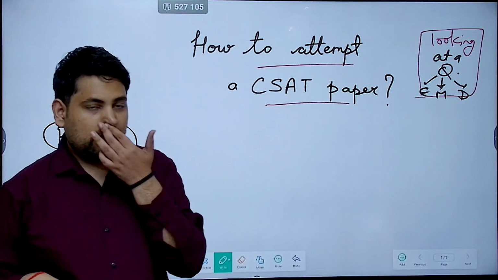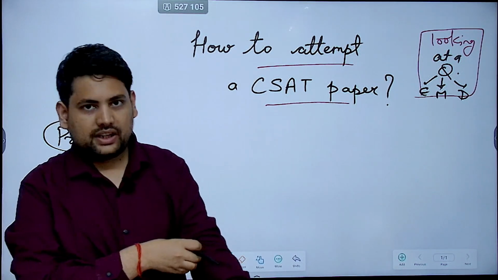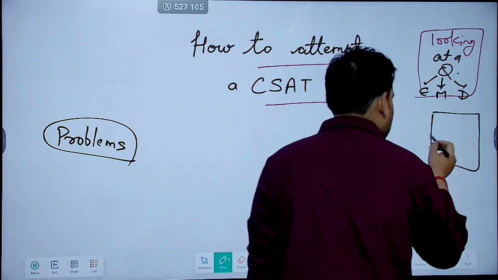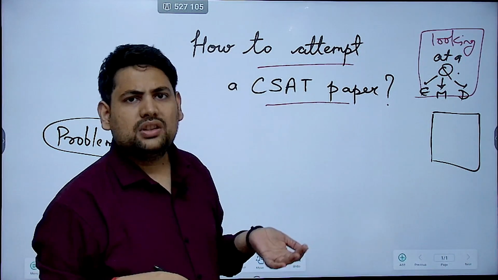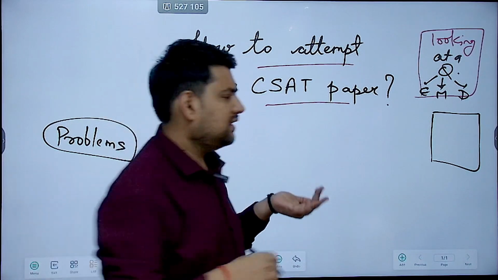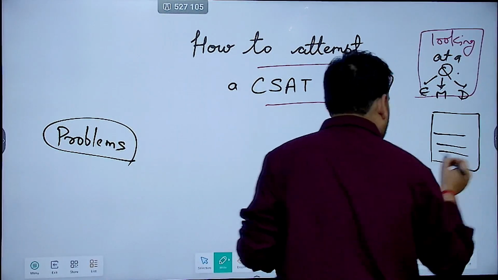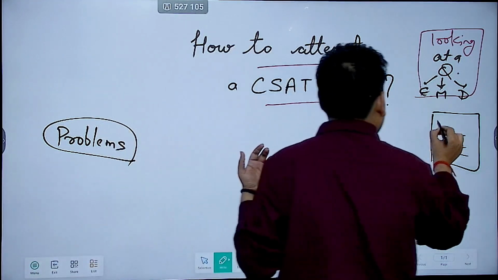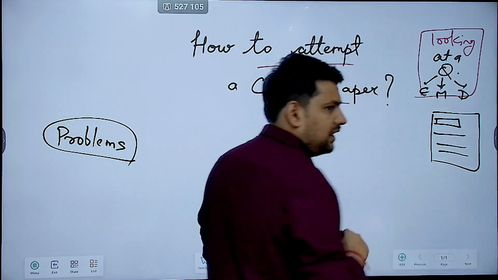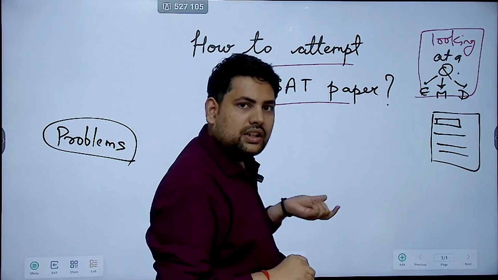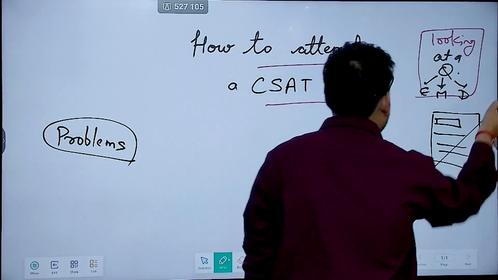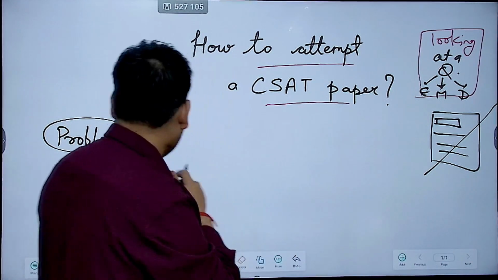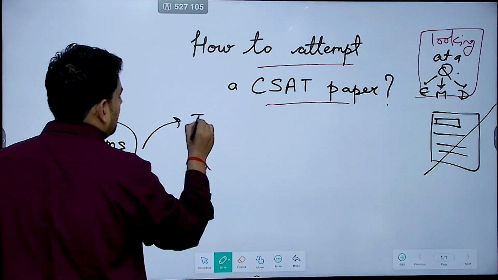For example, if I have not done medieval history very well, I see a question that says all three statements are about Alauddin Khilji, was this, that, this. I have not read about Alauddin Khilji in that much detail, so this is a difficult problem. Just by reading the first term, that these statements are about Alauddin Khilji, I would have considered this difficult and left it. Correct? But the problem in CSAT is